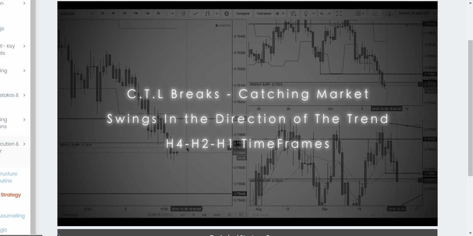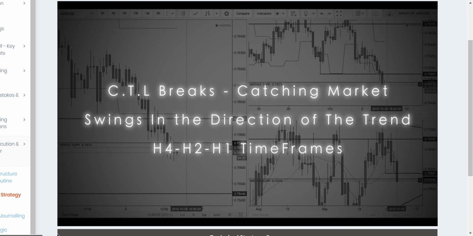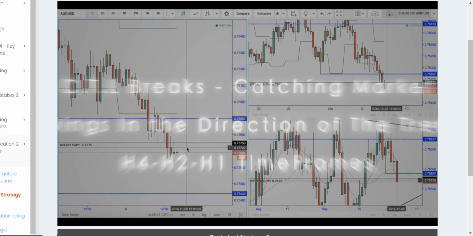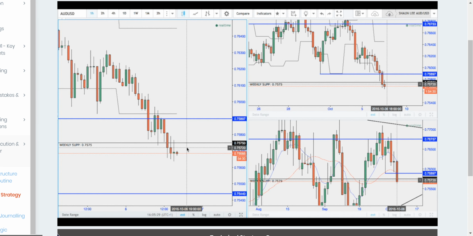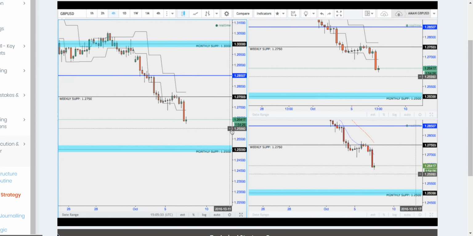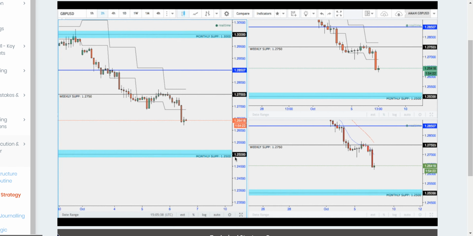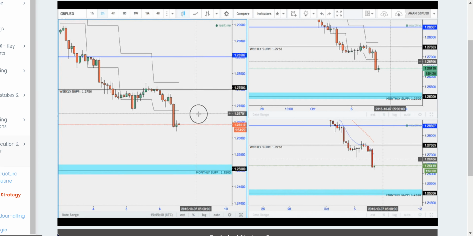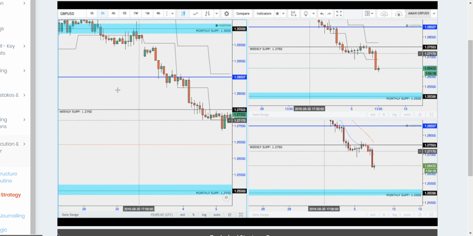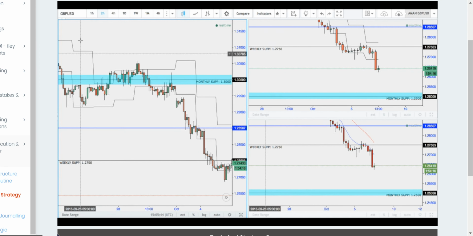The counter trend line is more important, to be honest. I haven't really seen too many of these setups. I've seen one on GBP USD, so I'm just going to run over a few things. In another video in this section, I'm going to go into stop losses and the time frames we want to be utilizing with these strategies. But a recent one on the